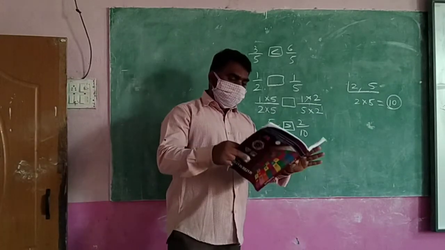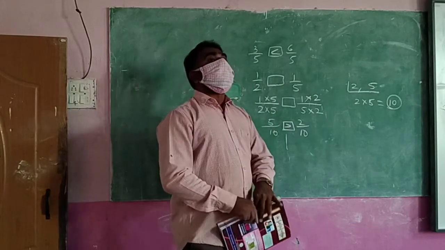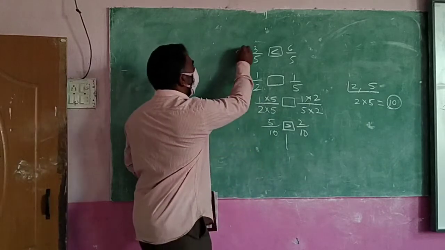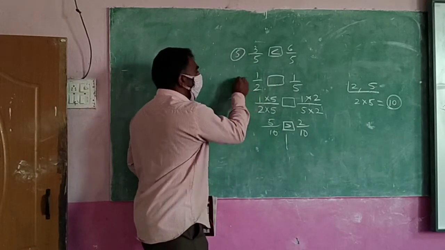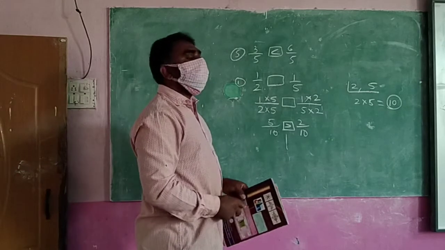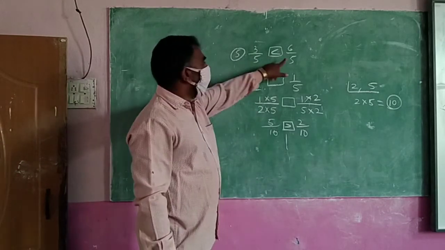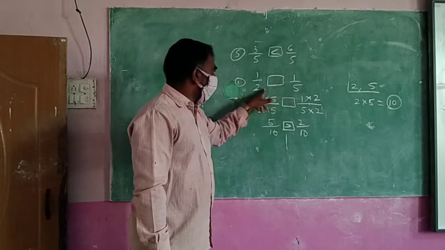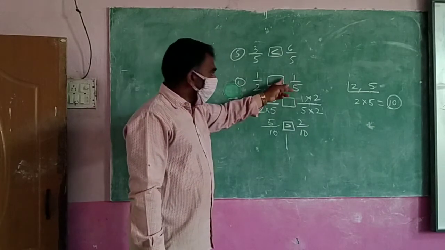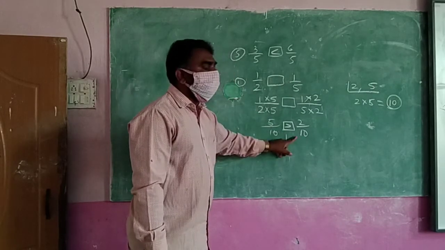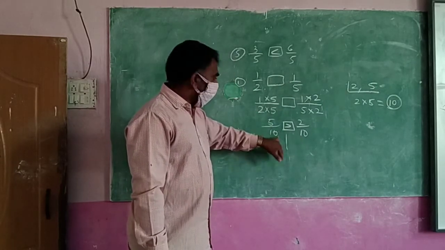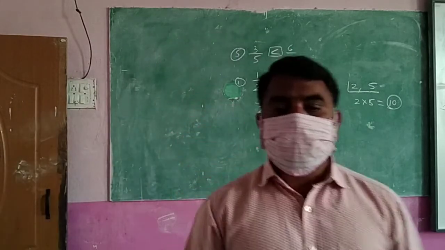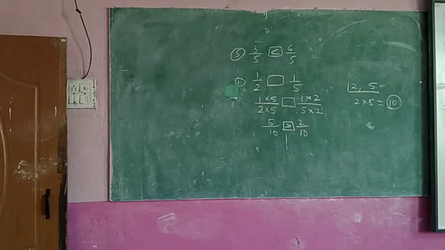What is this problem about? In this problem, what should we check? If the denominators are the same, give the answer directly. You see, in the fifth problem I gave a direct answer, and for the first problem too, because the denominators are the same, meaning like fractions. But here these are unlike fractions, so you converted them into like fractions. Now the denominators are 10, the same, and afterwards you said which is bigger and which is smaller. Okay, write these two and the remaining two as homework in the notebook only.